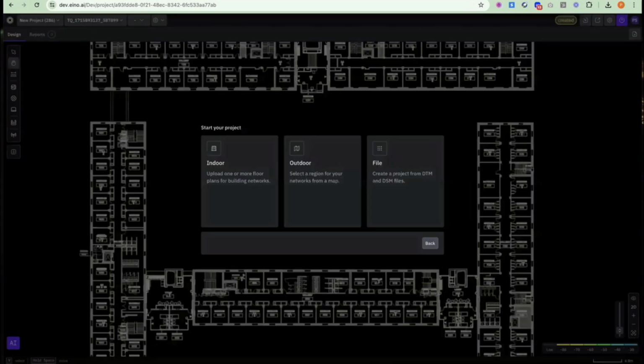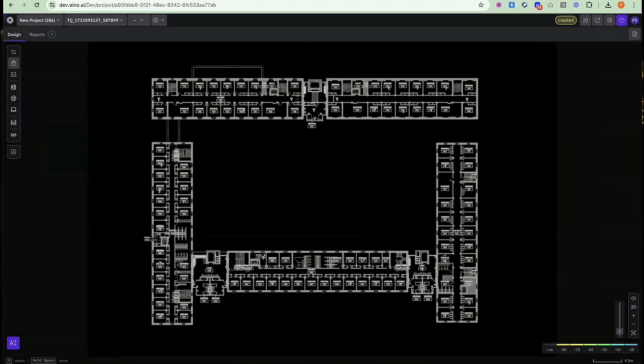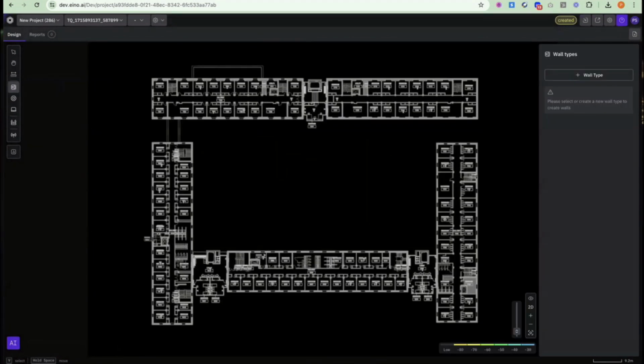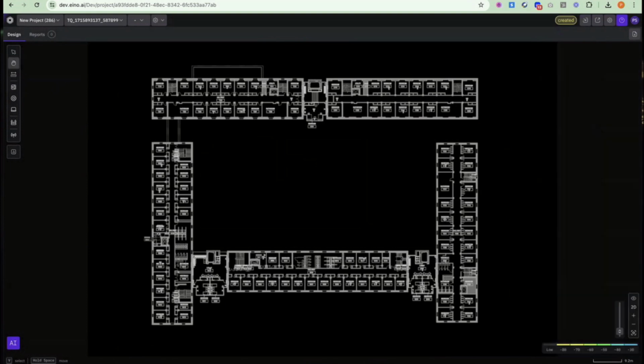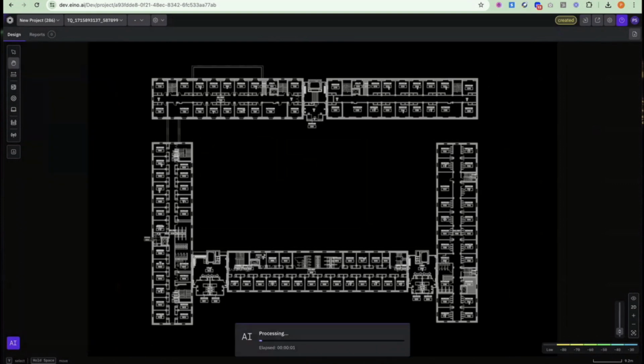And you click next, and you have basically this initial layout there. So you're able to go and draw your walls and everything there. But what we looked at is, let's have this generate wall functionality from AI Assistant that you could basically click. And we developed a lot of image processing, a lot of different types of algorithms to be able to go and analyze this. And our platform tries to do it in less than 1 minute, depending on the size and the complexity